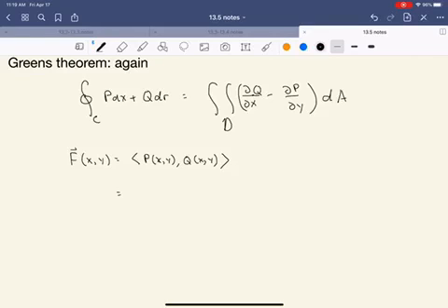So here we have, on the left-hand side, the integral over the loop of F, that was dy here, I got ahead of myself, dotted with dr, okay, equals, on the other side, what we